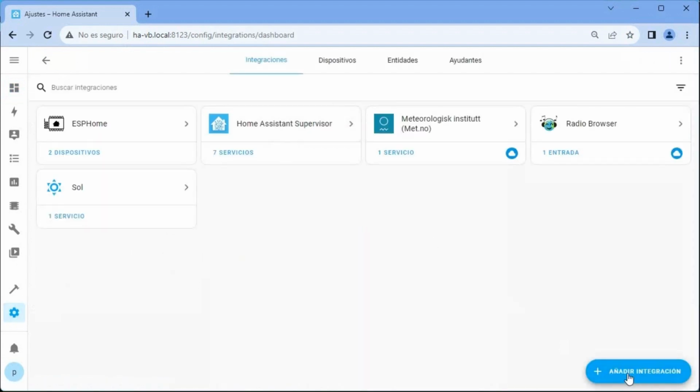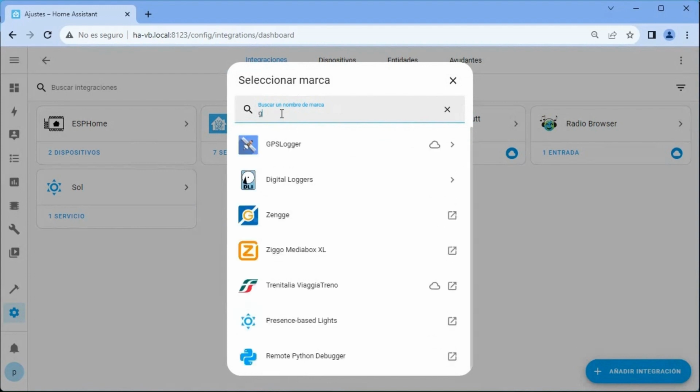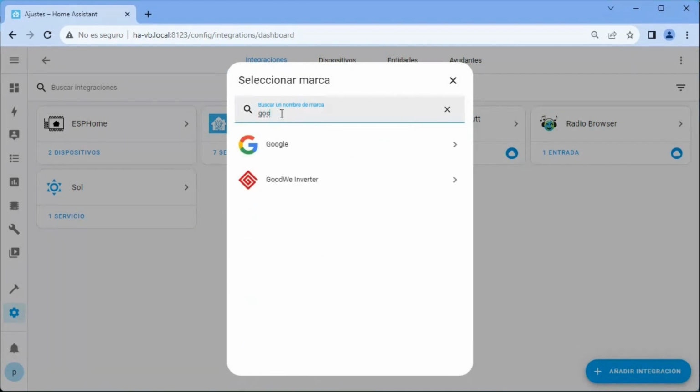Now we will add Google Sheets. Settings, Devices and Services, Add Integration, Google Sheets.